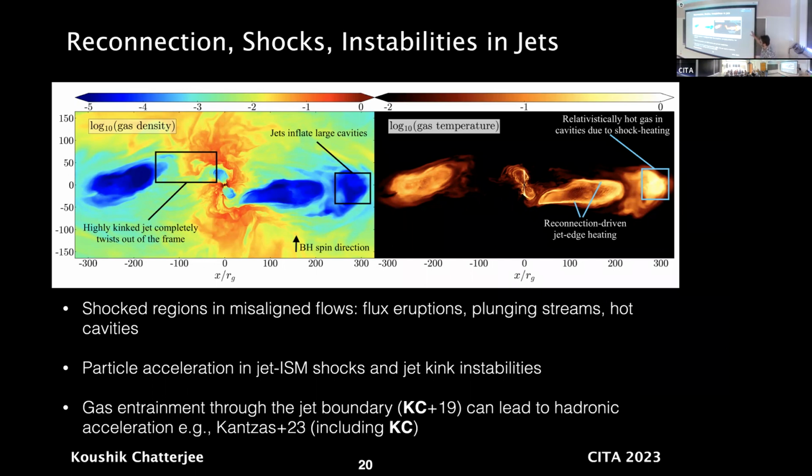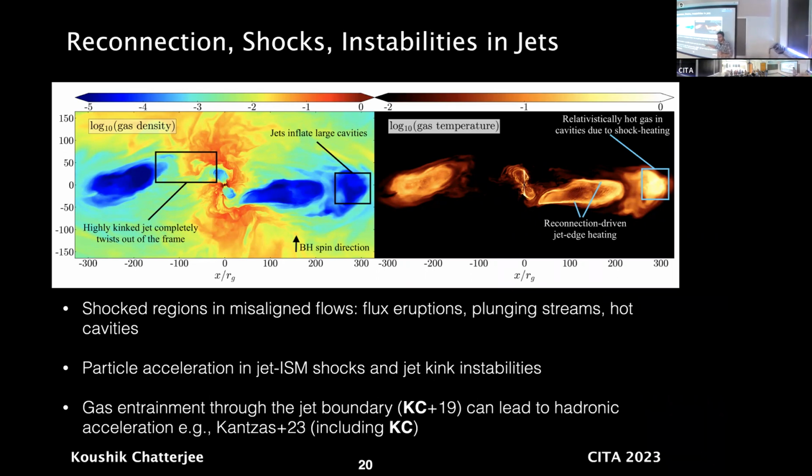But yeah, so these type of systems are very nice if you want to study, for example, particle acceleration events. For example, these two: the jet edge is where you expect reconnection can happen. And this is, of course, a shocked region where they have another particle acceleration mechanism coming in. And finally, even if you don't have such a distorted jet, even if it's nicely parabolic, at the jet edge, you can have